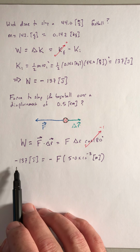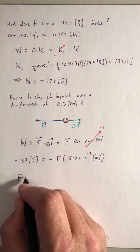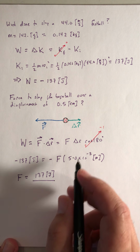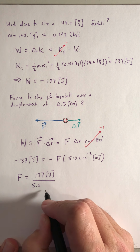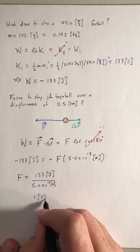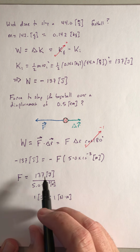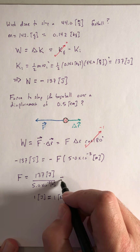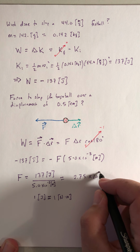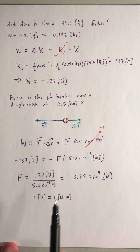Divide both sides by delta r, and I can get rid of the minus signs because there's one on each side. It's going to give me the force is 137 joules over 5.0 times 10 to the -3 meters, and a joule is equal to a newton times a meter. So dividing a joule by a meter will give me the correct units of a newton, and this is going to give me 2.75 times 10 to the 4th newtons, which is a huge force,